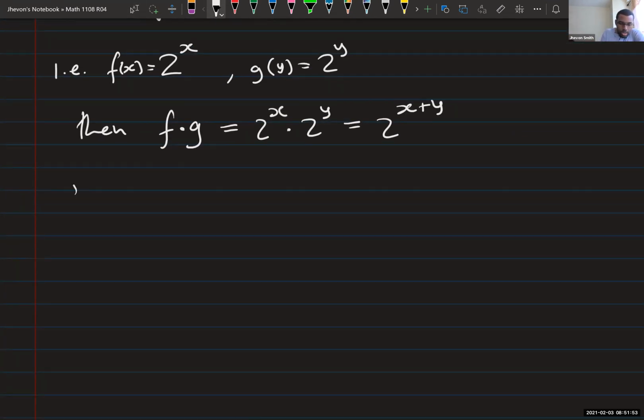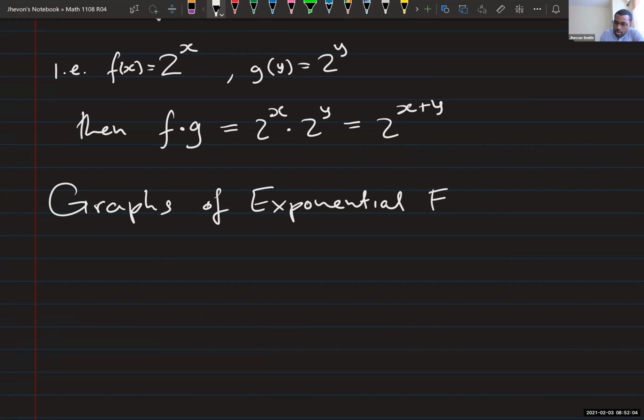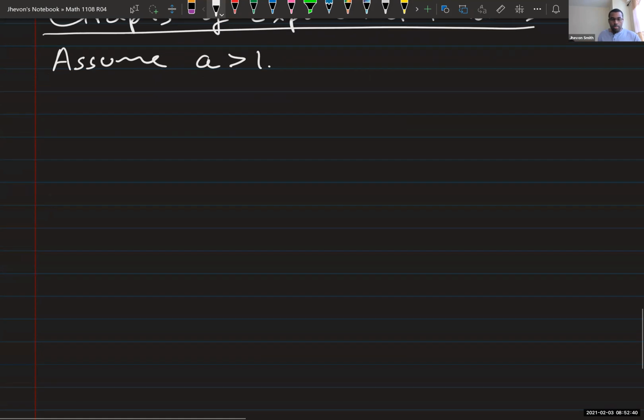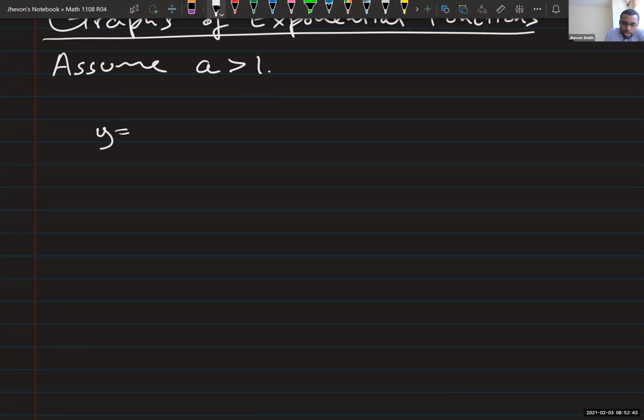What I want to talk about now are the graphs of exponential functions. Okay. So now assume a is larger than 1. And now you know that it's fine for us to assume this, because even if a is not larger than 1, I can write it in such a way that a is larger than 1, right? So if my base is smaller than 1, but it's positive, I can just make a negative exponent to write it as something that's larger than 1. So if we can understand the case of being larger than 1, we essentially can understand all cases. So the graph of y equals a to the x,